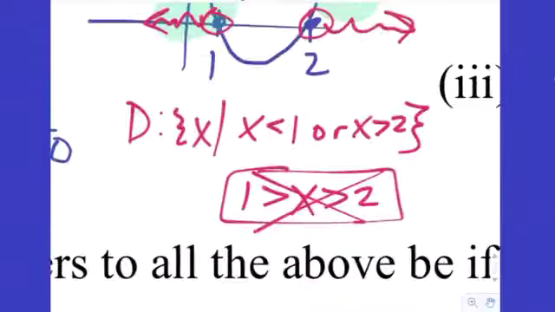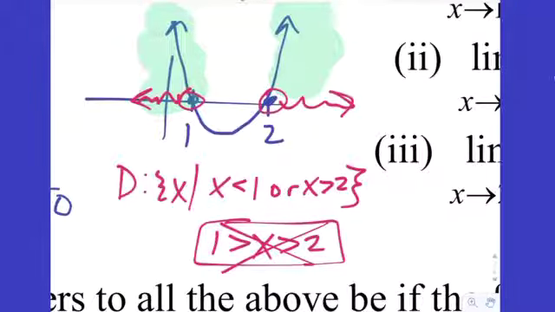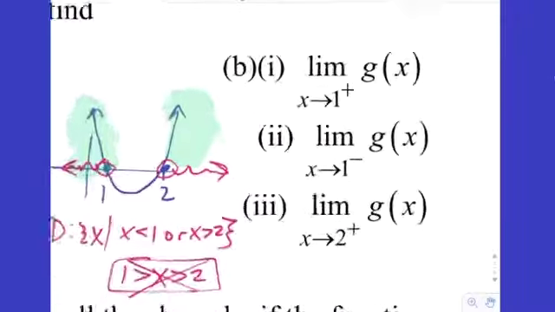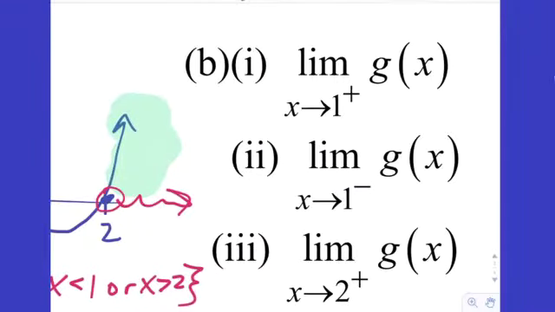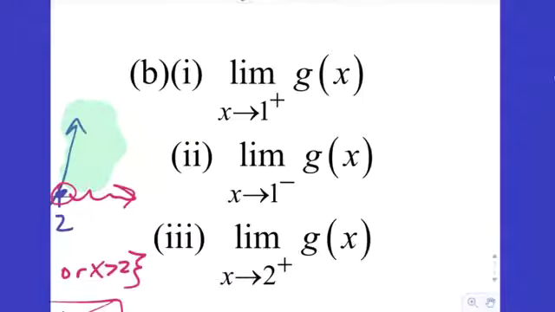No. Remember, we said the domain is everything strictly to the left of 1 or to the right of 2. So the only numbers we can use to the left of 1 are the ones that are to the right of 2. If I'm approaching 1 from the right-hand side, there's no graph to even hop on to approach 1. So that one's D and E because there's no graph there,